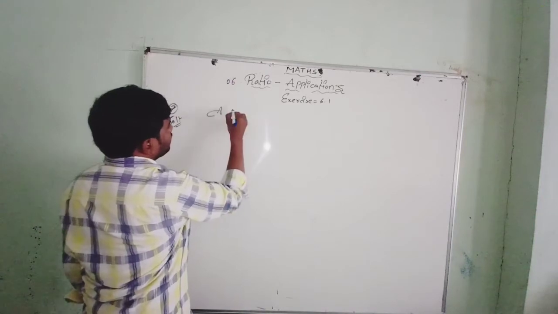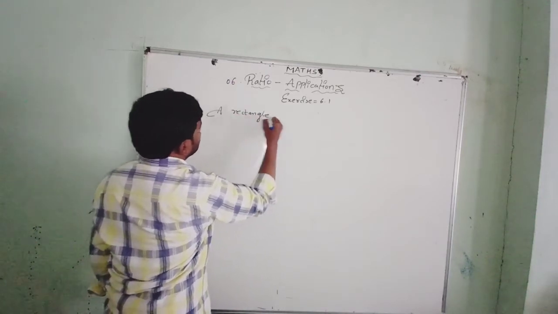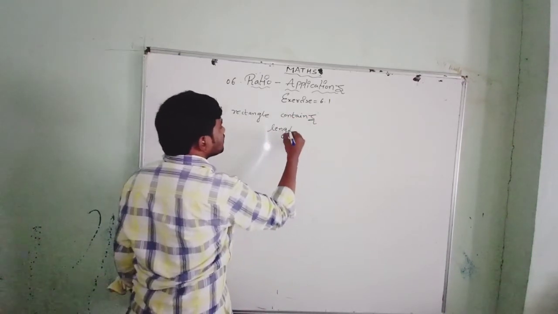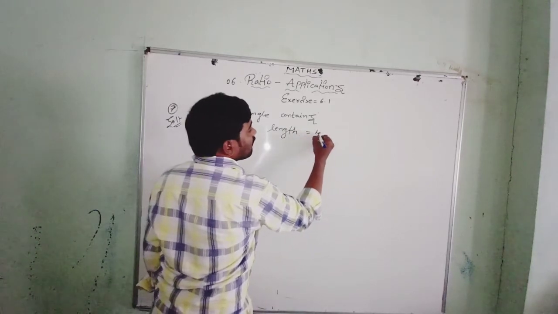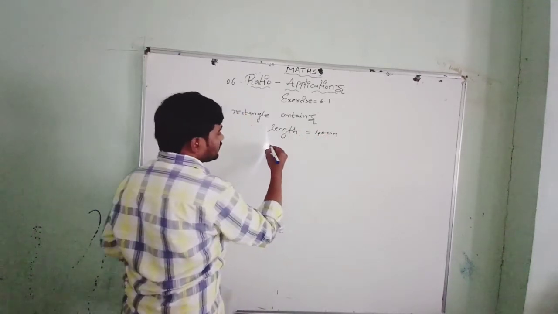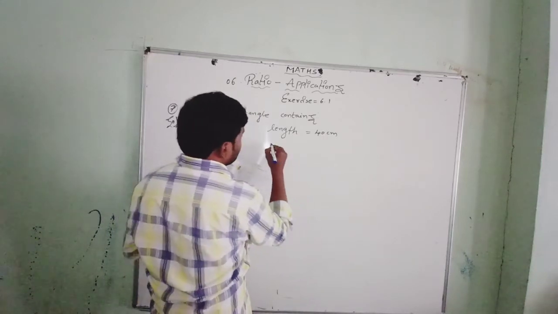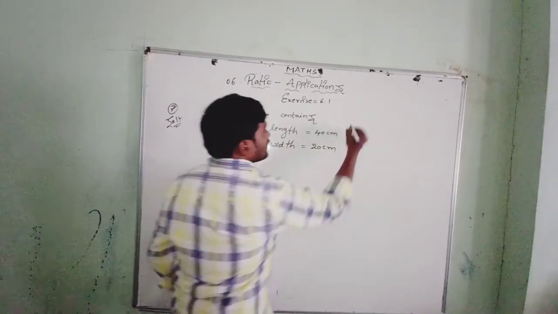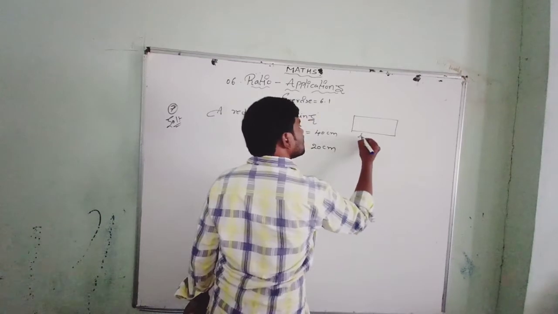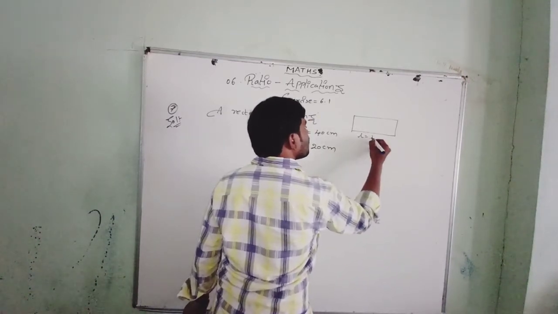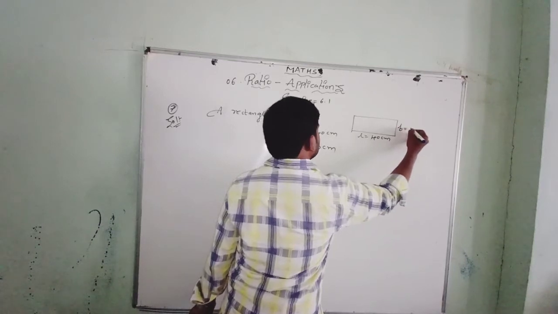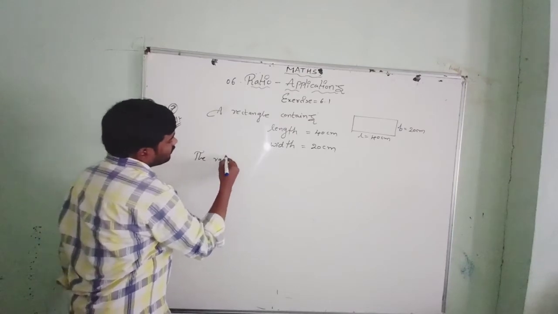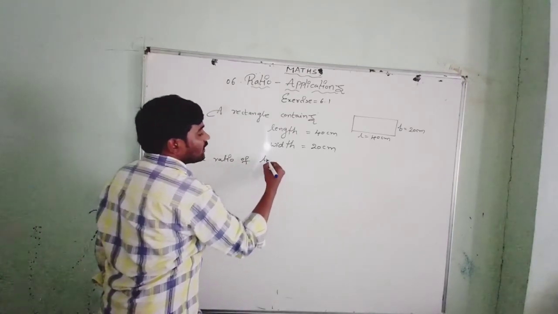A rectangle contains length. How much length? Length equal to 40 centimeters, and width or breadth, whatever, we have given as 20 centimeters. This is the rectangle. This is length equal to 40 centimeters and breadth equal to 20 centimeters. Then we find out the ratio of length to